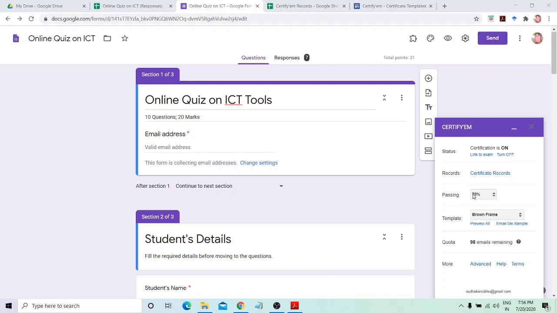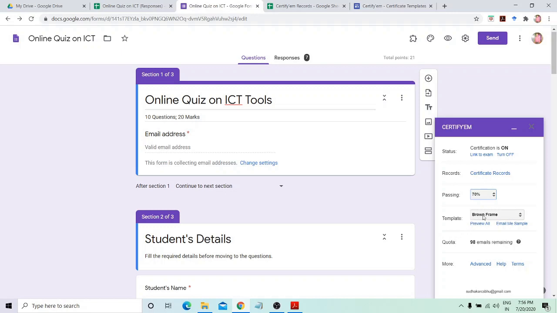Now you can also set passing criteria from here, so that if someone get 70, 80 or 40 or 50% marks, he will be qualified for getting certificate.